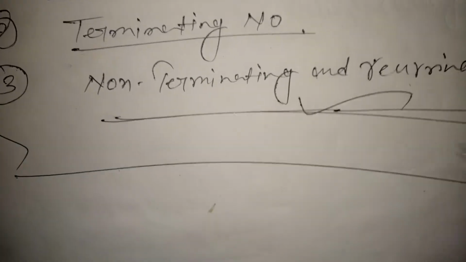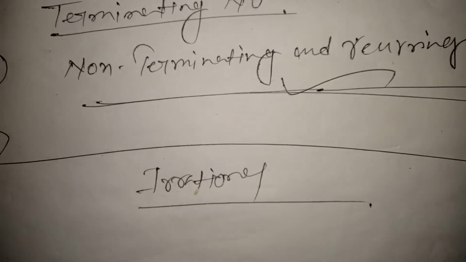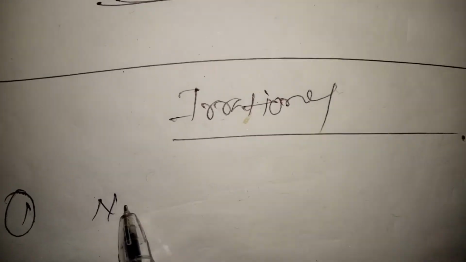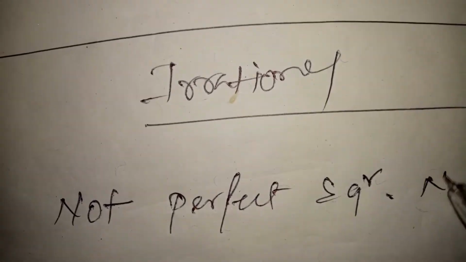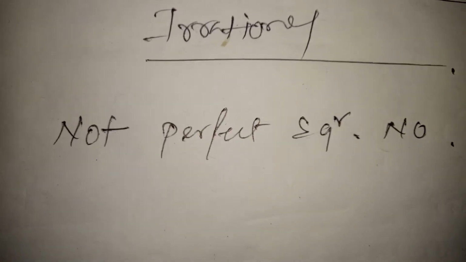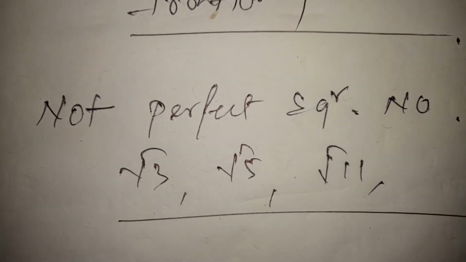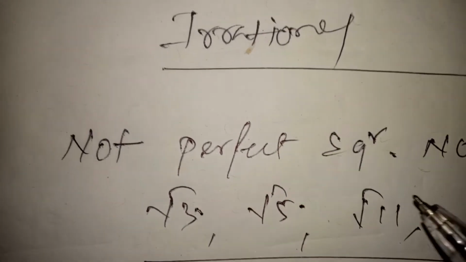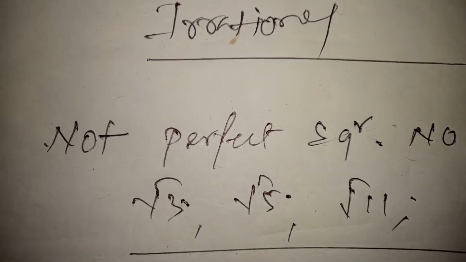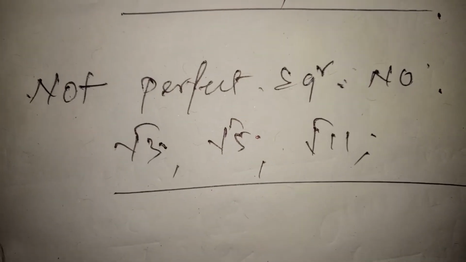Now irrational number, how to differentiate or identify whether it is an irrational number or not. The first point is it should be not a perfect square number. If the number is not a perfect square number, then it will be called an irrational number, like 3, 5, 11. By multiplying any two numbers, you are not going to get 3, 5, 11. So these are called not perfect square numbers. If the number is not a perfect square number, it will be called an irrational number. Number 2,